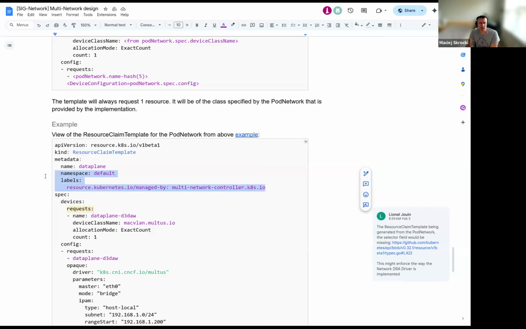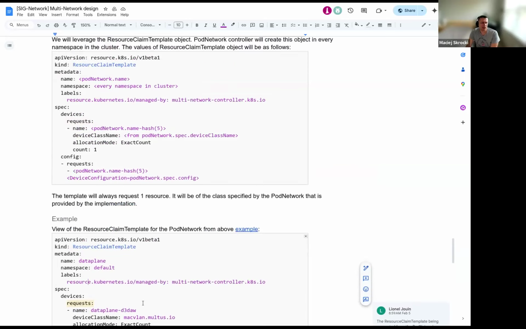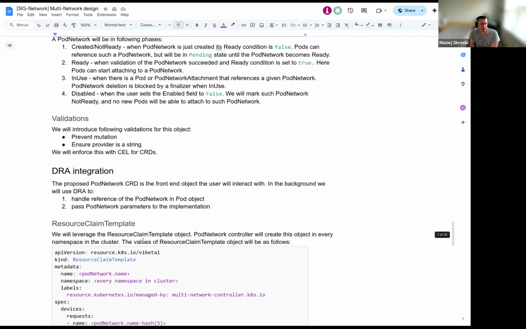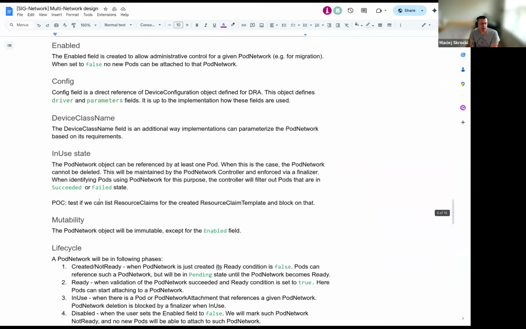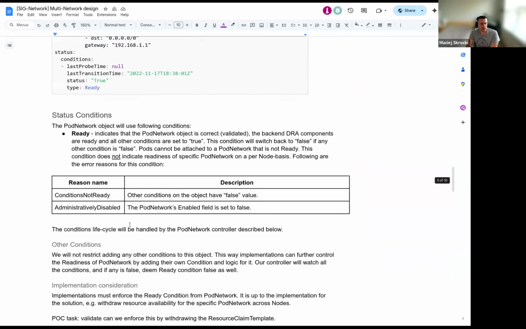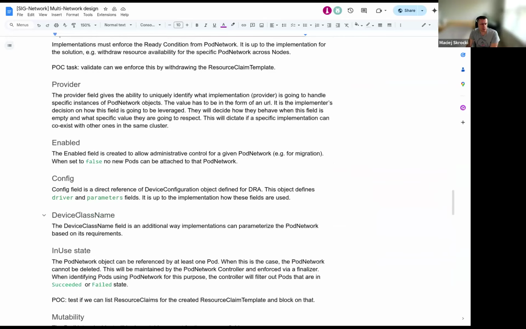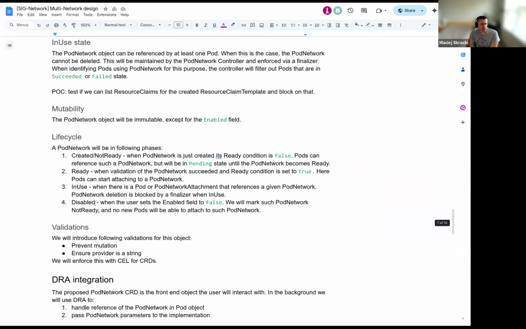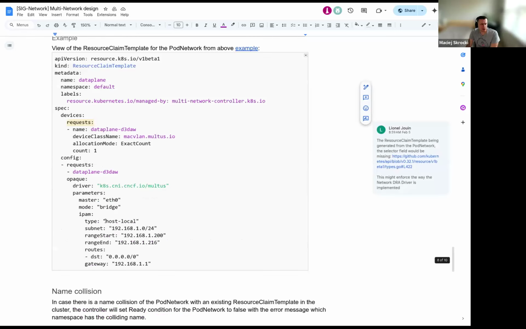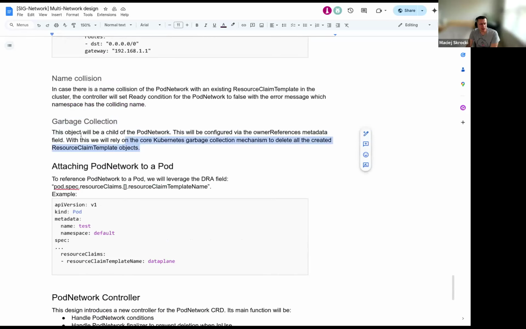That's correct, because this is how ownership works. So I need to probably add that here, but we will reference the whole thing via the owner reference field. I already validated. I think I had it somewhere. Where was it? Oh, I had it somewhere here. Garbage collection, right? I tried it out, and we can make all the resource claim templates to be